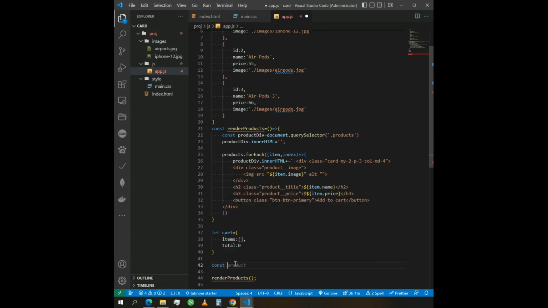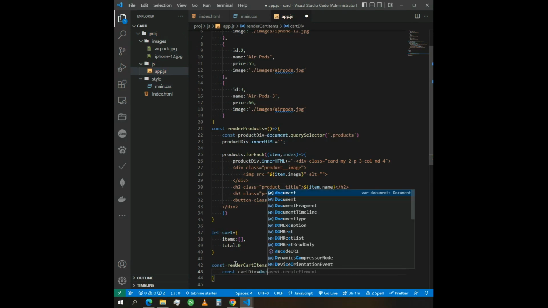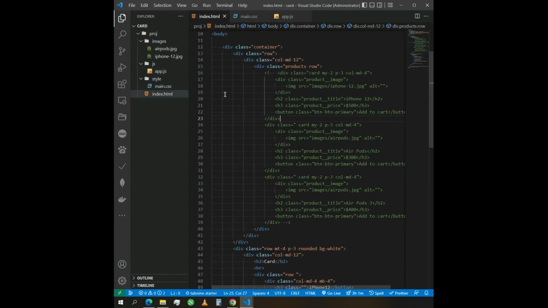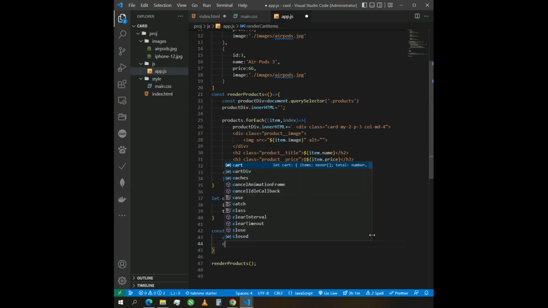So const render cart items, arrow function, and so const cart div, and document dot query selector, for example, dot cart items, and so index.html, we have row and cart items in here, and cart div dot inner HTML is an empty string,